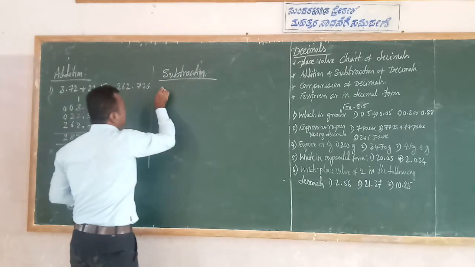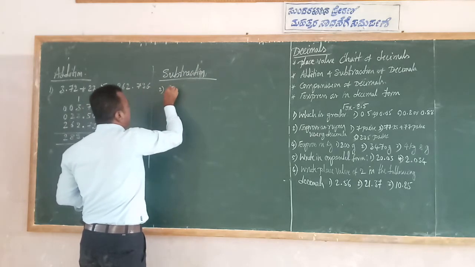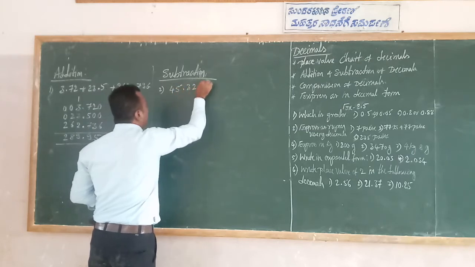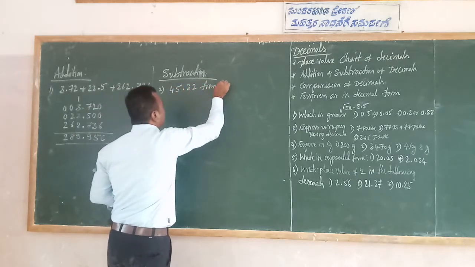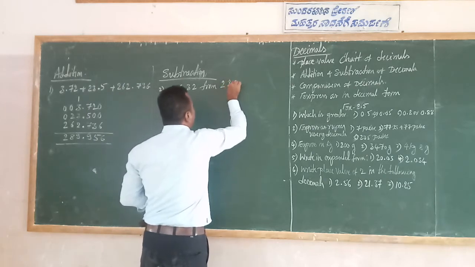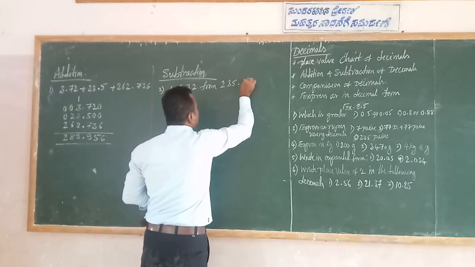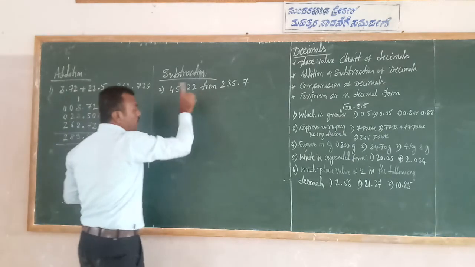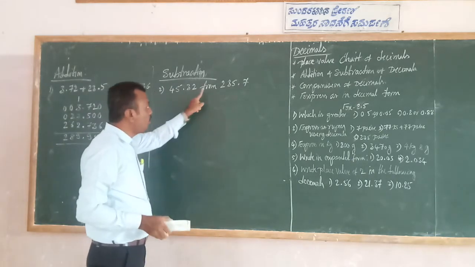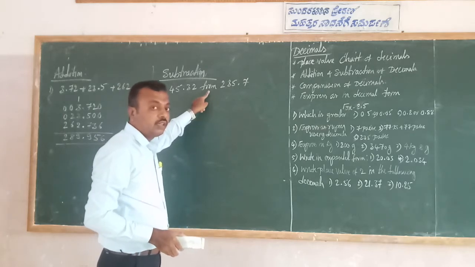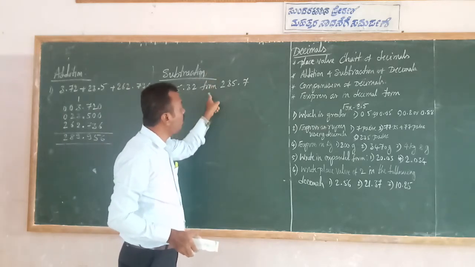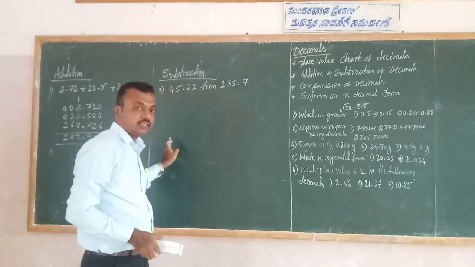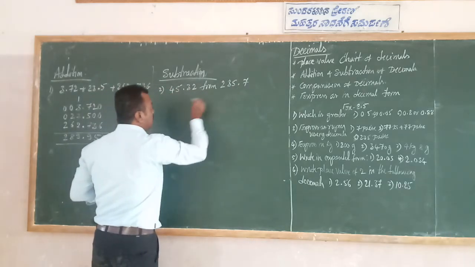See, subtractions, for example, 45.32 from 235.7. That's it. See, students, when the word "from" comes, the number after "from" you have to write first, and the number before "from" you have to write next. Okay, first you have to write this number